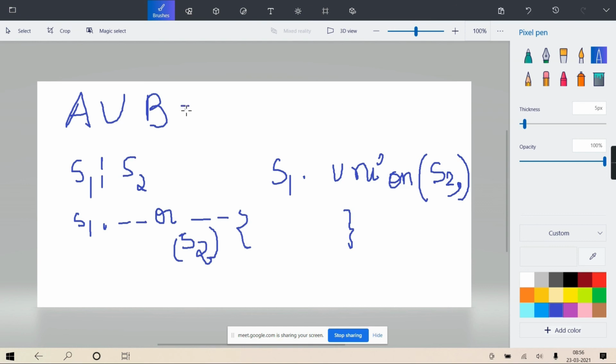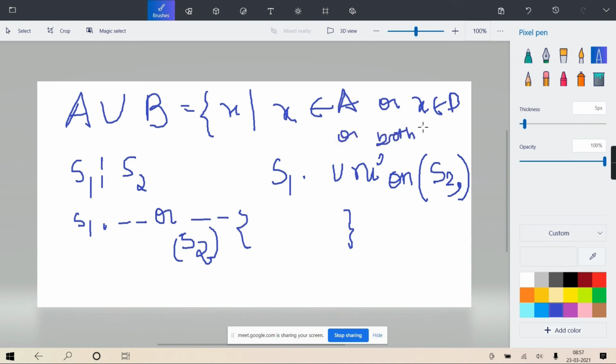And what does it return? Just now I told, it returns all the elements of the first set as well as the second. Like A union B is the set of all elements X, where X belongs to A or X belongs to B, or both also. It means it can be present in both; either it is in A or B or both. In total, it takes the combination, and those which are repeated are discarded. There can be an element in A also and B also, so twice it won't take. Like here if it is 10 20 and here we have 20 30, when it combines them, 20 won't be taken twice because it's a set. So 10 20 30 you will get.